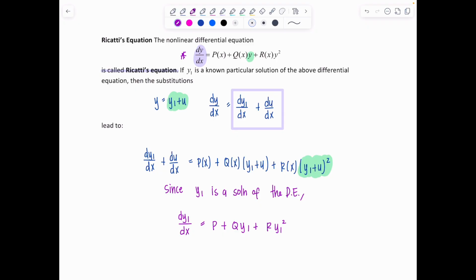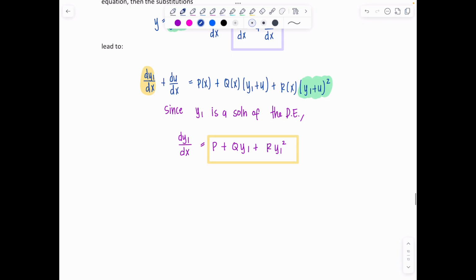Okay, what does that mean for me? I'm going to come through right here and replace dy1/dx with p plus q y1 plus r y1 squared. So let's do that. So I have p(x), but I'm lazy to write the (x), plus q y1 plus r y1 squared plus du/dx equals p plus, let's distribute,